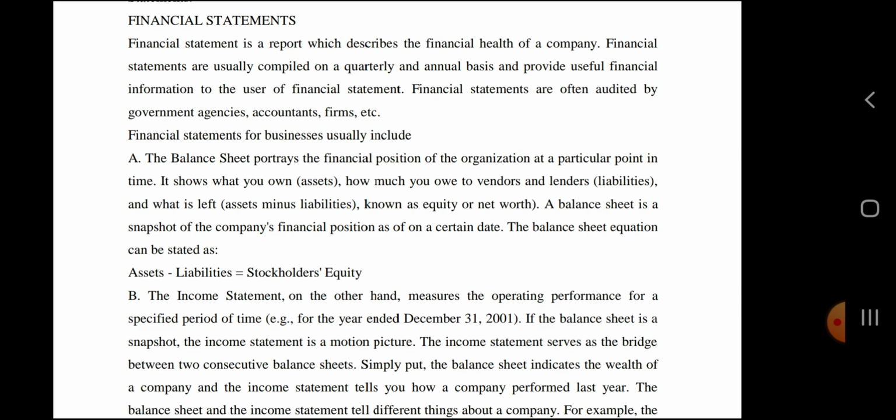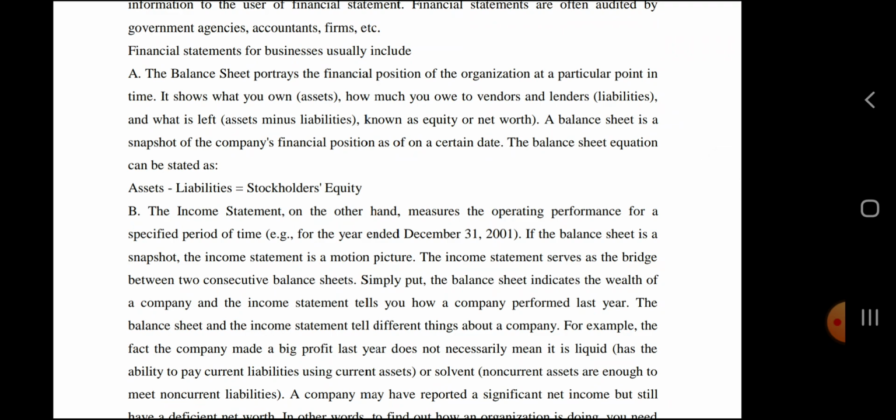Okay, and also it shows how much assets is in the business, in the company. As well as how much liabilities are on that business. As well as the balance sheet shows the owner's capital, stockholders' equity, shareholders' equity. Here the balance sheet is very important, and it shows the financial position of the company, is good or bad,